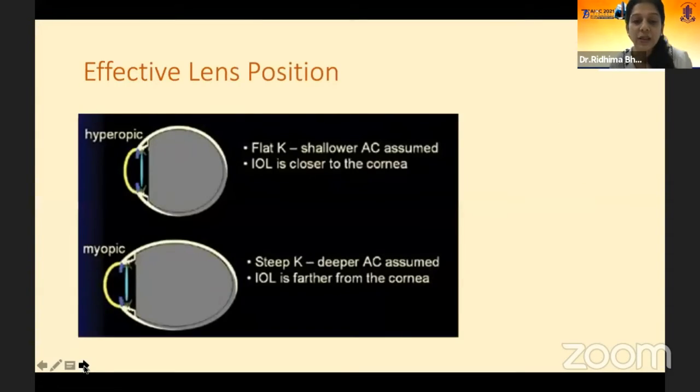and then it results in an error, because if you enter a very flat reading, like after your myopic treatment, where the reading is 40 diopters, it assumes that this eye has a shallow anterior chamber and the IOL is positioned anteriorly in the eye, and it would then predict a lower IOL reading. So it's underestimating your IOL power after a myopic laser. Whereas after a hyperopic laser, if you were to enter a steep reading for the K value, it would assume that it's a deep AC and the IOL is positioned posteriorly, and it's going to overestimate the IOL power.